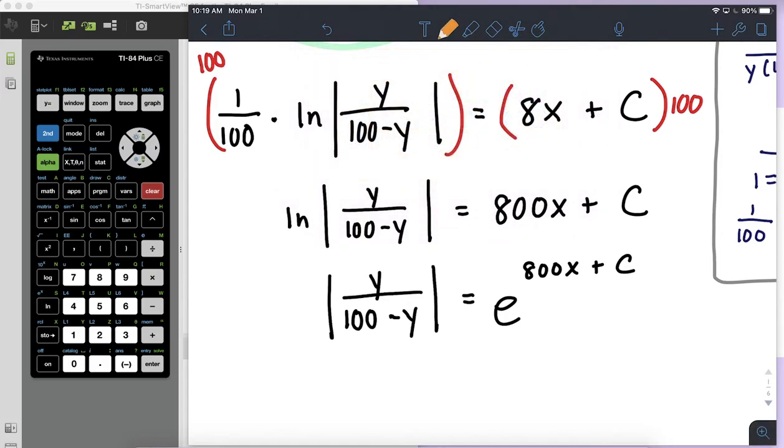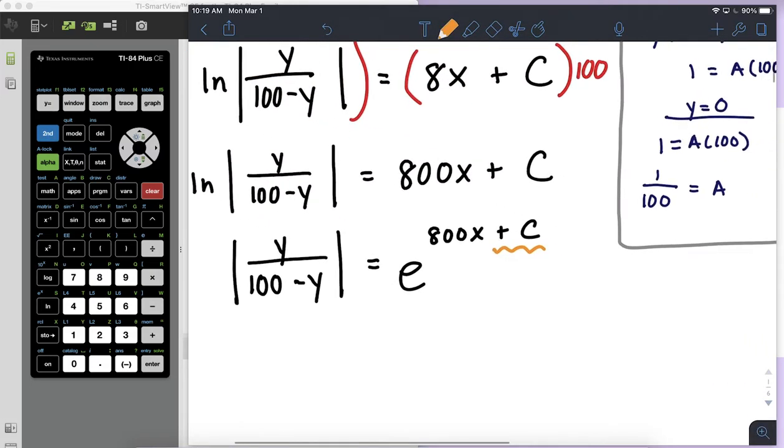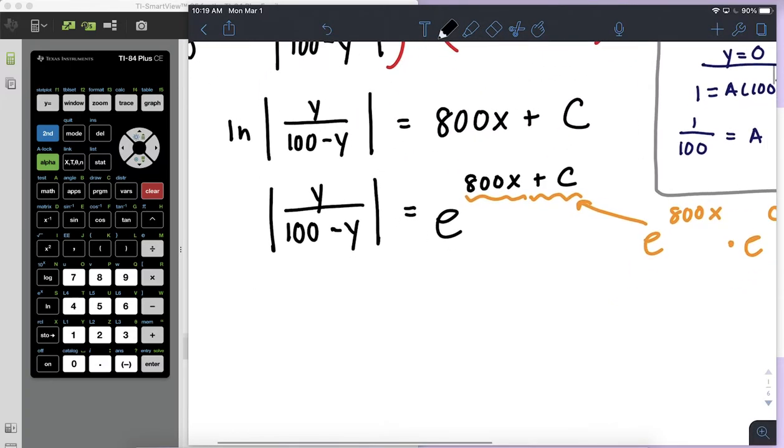And then I'm going to use my exponent rules to break this apart, right? I can break that off as e to the 800x times e to the c power, right? That's the same thing here. And e to the c is just another constant. So once I bring down that e to the c as a new constant,